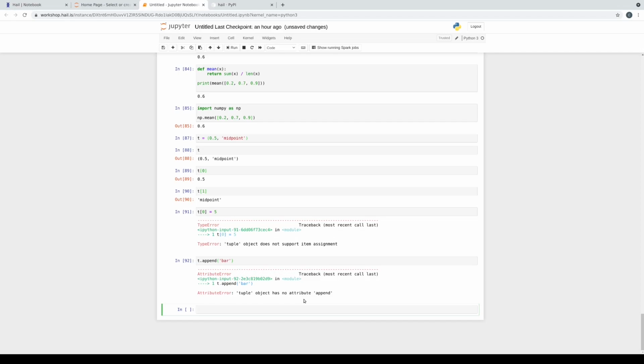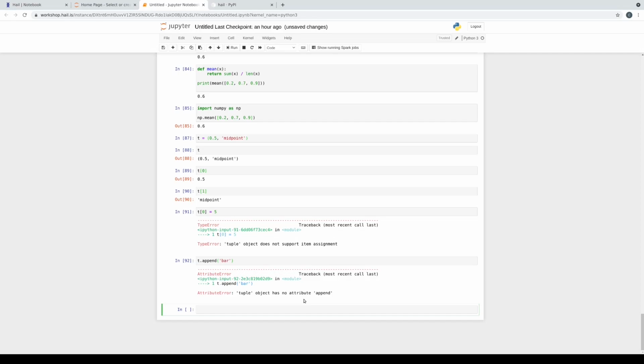There's another place where tuples are often used, which you'll actually see in the Hail interface during the Hail tutorial. Tuples are used to return multiple values from a function. So normally you'd have a single return value, but if you have multiple parts that you want to return, you can package them up in a tuple and return that. So let's look at a little example where, okay, we have a function for computing the mean. Let's write a function for computing the variance, and then write a function that takes a list of numbers and returns a tuple which has its mean and its variance.